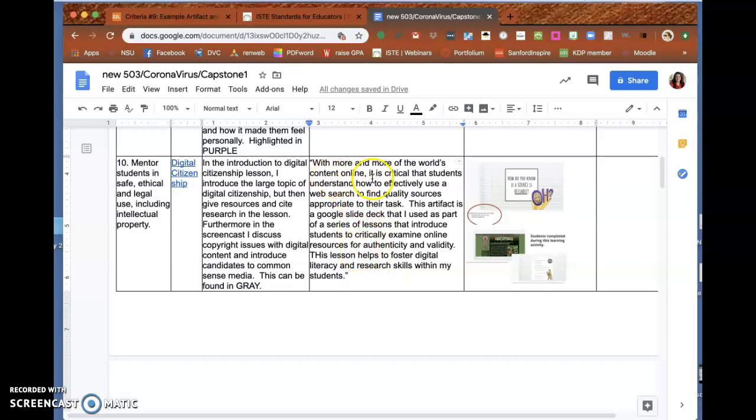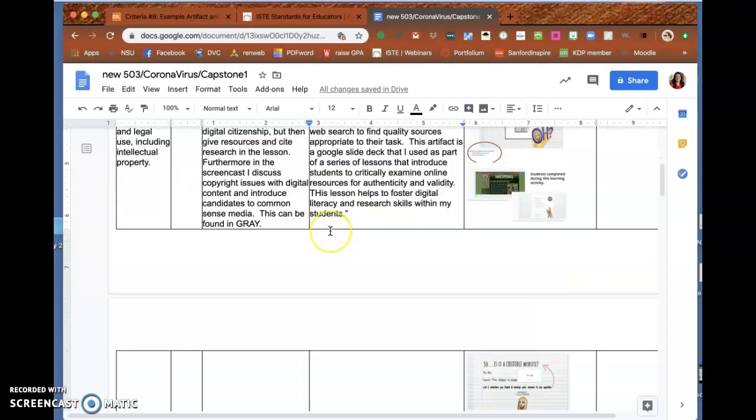Students understand how to effectively use web searches. This is basically teaching our students what fake news is. We all know that fake news is out there. We all know that if you find it on the internet, it's not necessarily true. But we need to teach our kiddos that, no matter if you're teaching pre-K through seniors, even college kids, they don't get this. So I'm hoping, again, with what you're already doing with your students online, you can try to incorporate this into one of your lessons, and give me an artifact that meets that.